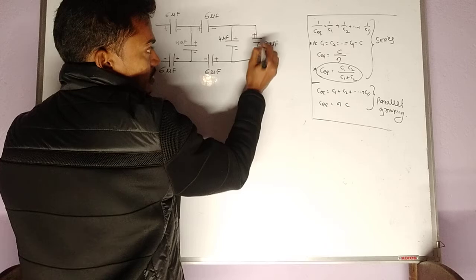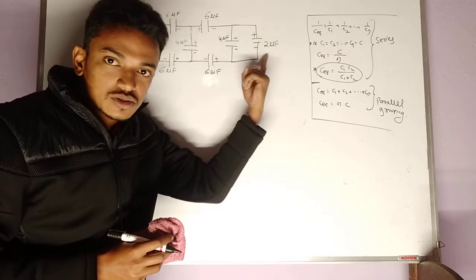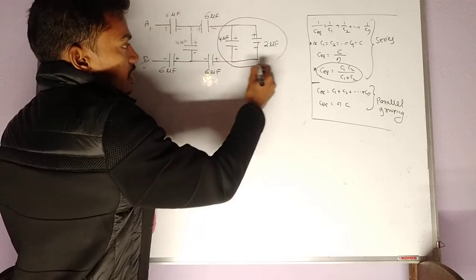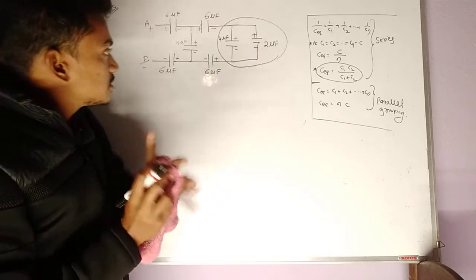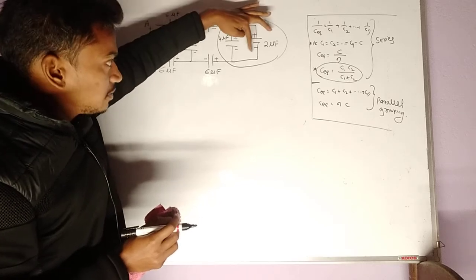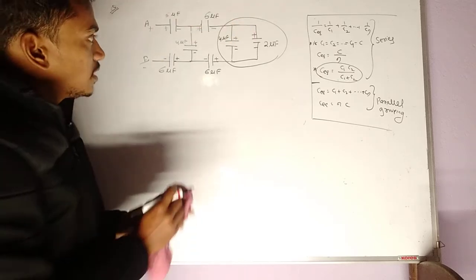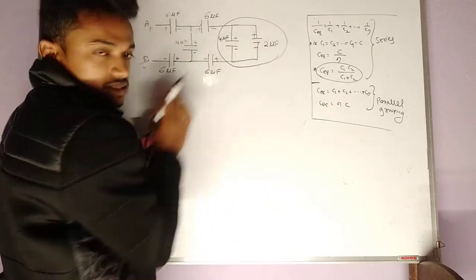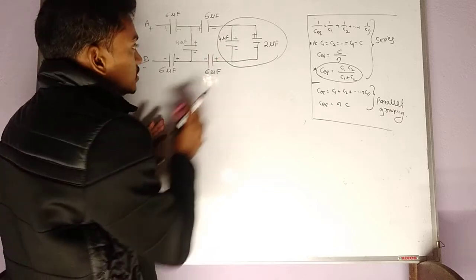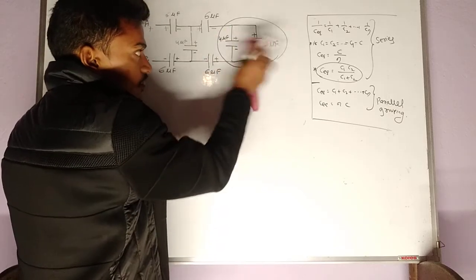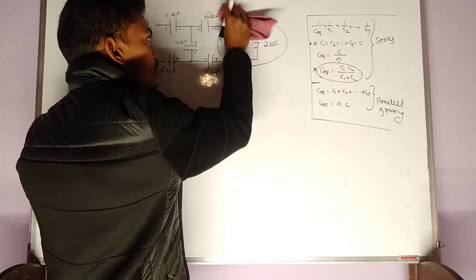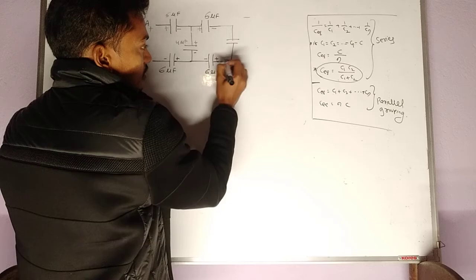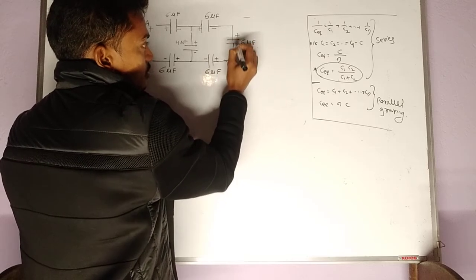So this will be positive and this is negative. You see here, these two are in parallel. These two, 4 and 2 microfarad, are in parallel grouping, since positive is connected to positive and negative connected to negative. So they are simply added. So in case of parallel grouping, simply add C1 and C2. So 4 plus 2 is 6. So in place of 4 and 2 capacitors, we can use an equivalent capacitance of 6 microfarad. This is positive and this is negative.